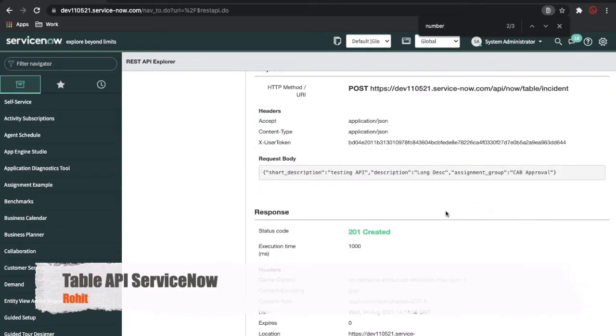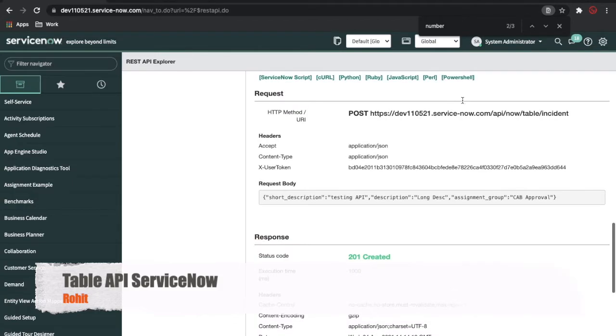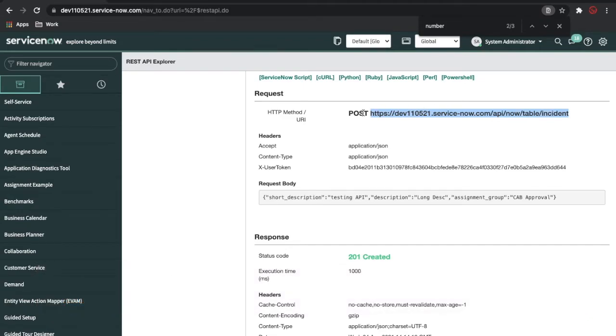So the next question will be how this information can be passed to the client or the third party. For that, if you scroll down here, this is your endpoint that they have to send the data to, and this is the method called POST. This is the accept, and this is the content type.